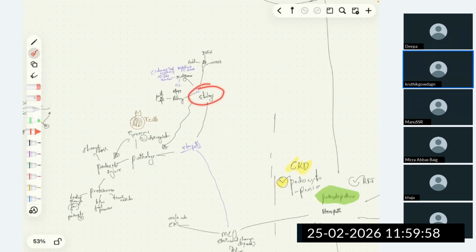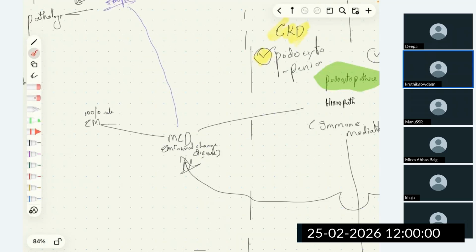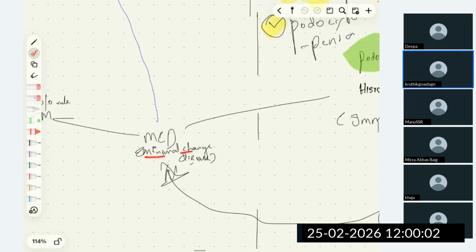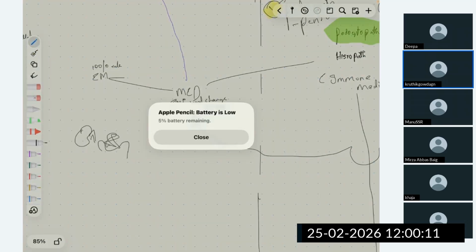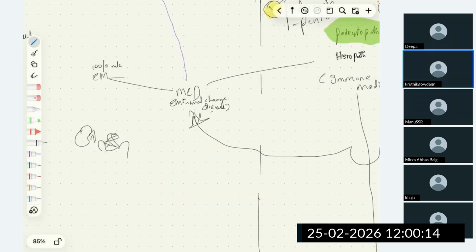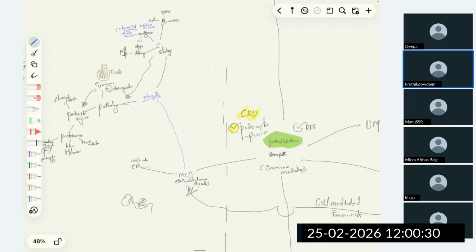Now, why the term minimal change disease? Actually, the term is self-explanatory. When we perform renal biopsy, we don't see much manifestations. The glomerulus will be fine. The tubules will be fine. Since there are no clinical manifestations, since there are no histopathological changes seen on renal biopsy, we call it minimal change disease. But on electron microscopy, we will see the loss of podocytes, that is